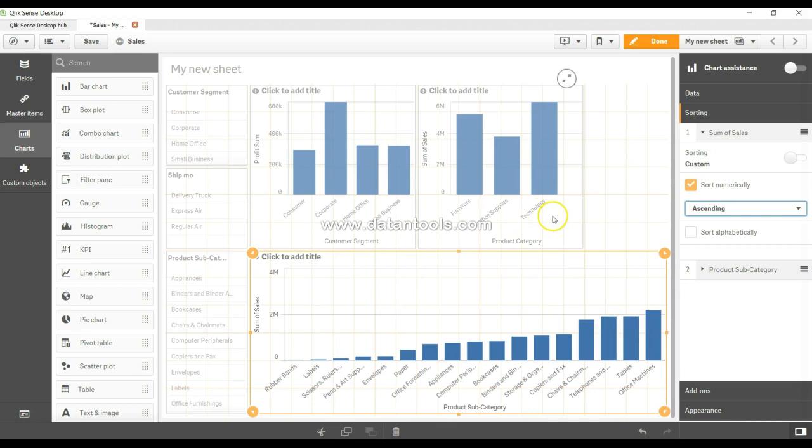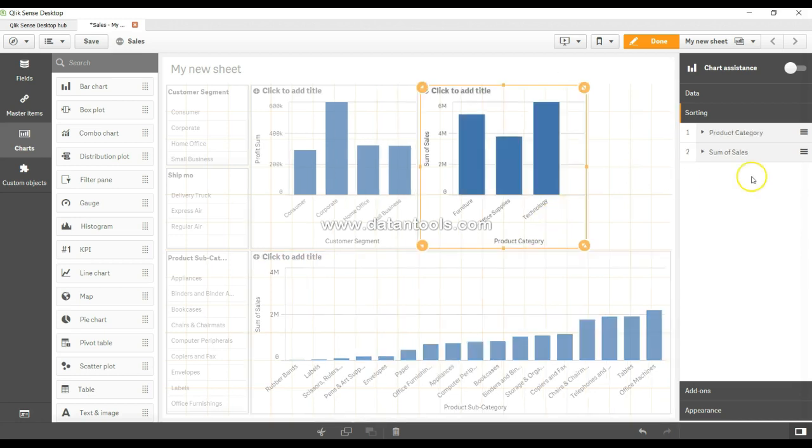Now let me try to do the same thing over here. I will just click over here, come over sum of sales, remove this, chart sort numerically, descending. But as you can see, it is not descending order, right? If it would be in descending order, then this bar would be first, it would be second, and this would be third. If I try to change it, it will not happen, and it might have confused you that, okay, what is really going on? And that is what I really wanted you to observe, that what happens when you apply sorting in here